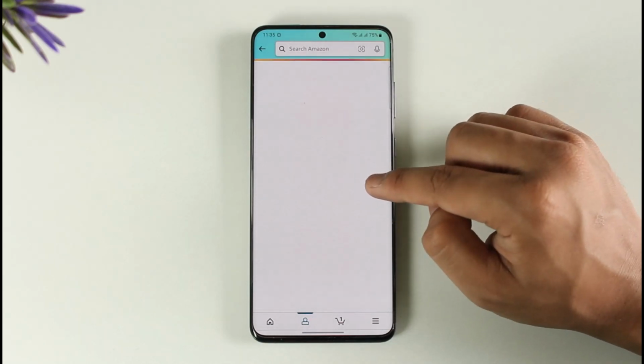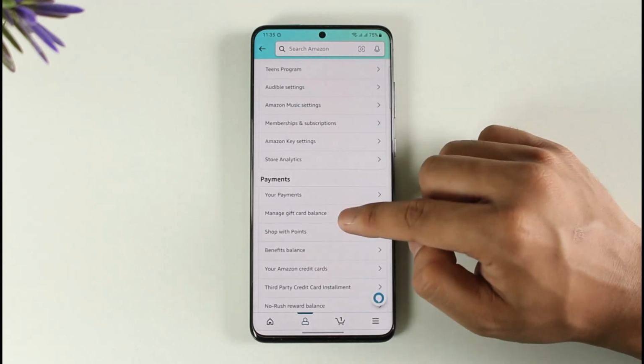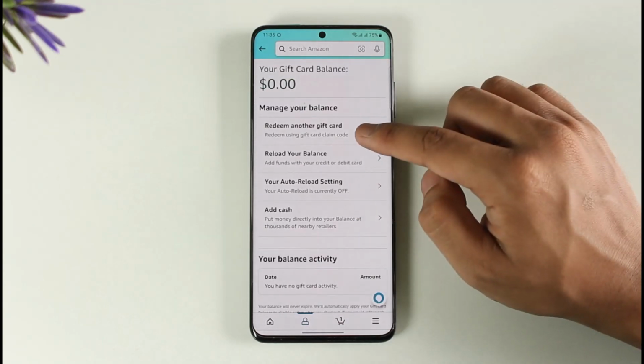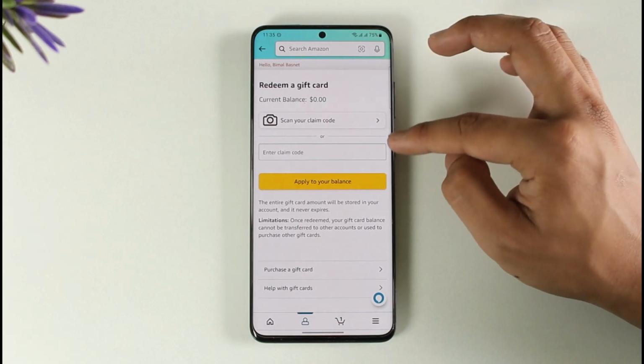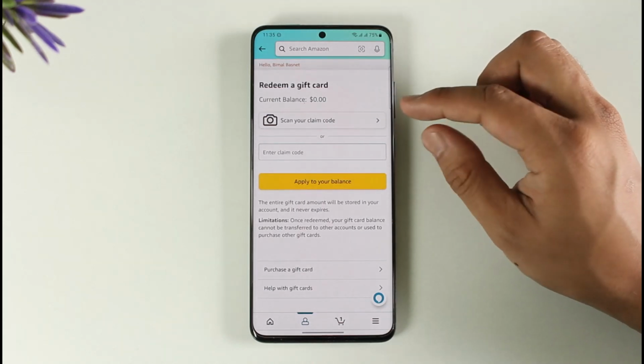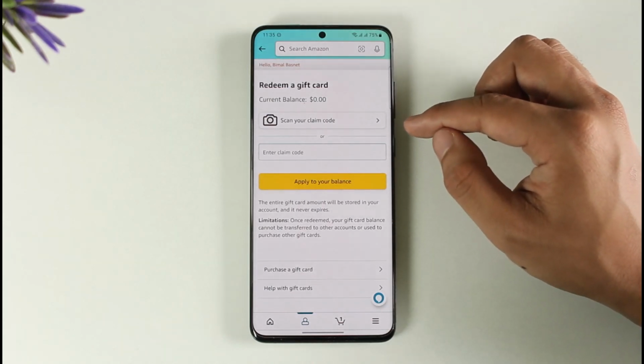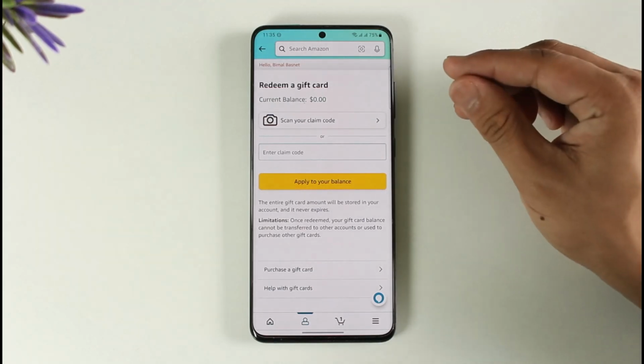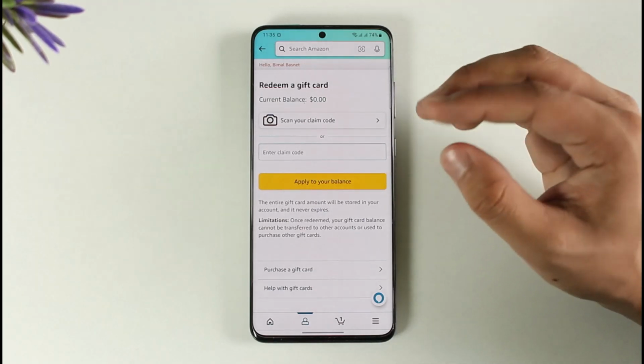Here you can see the manage gift card balance option, right? So right here you can see manage gift card balance, and then you could tap on redeem another gift card. But this way it is going to be redeemed to your account, and it's not going to be converted for cash. And there isn't a direct magical way to convert an Amazon gift card for cash, and that thing you